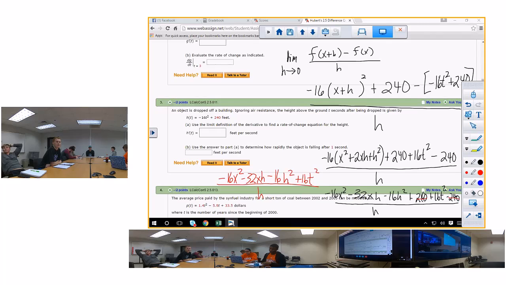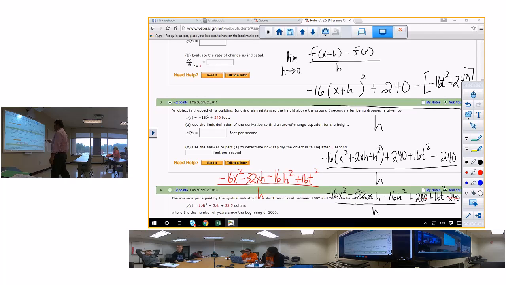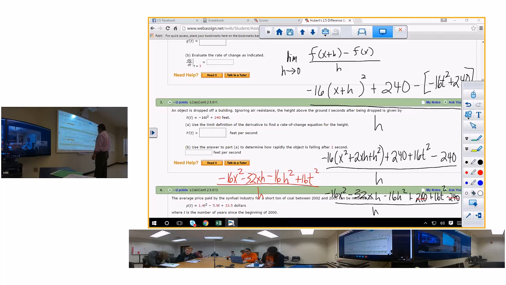Okay, factor out the h, and that's going to cancel. See, there's no h here. There should be an h. Something is wrong somewhere. I've written something down incorrectly. There's the 32, there's the 32, but